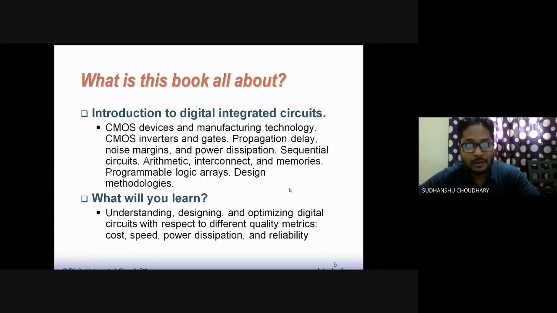These are analog signals, so they are converted into digital formats and stored, for example, on CDs and DVDs. So there has been a huge revolution, and that is why we will focus on learning how to design these digital circuits, right? So in this book you will find that